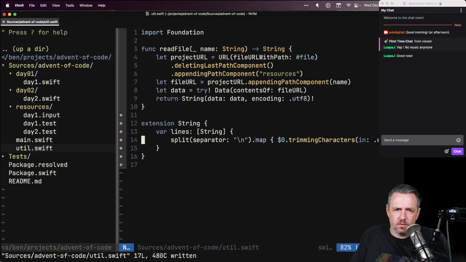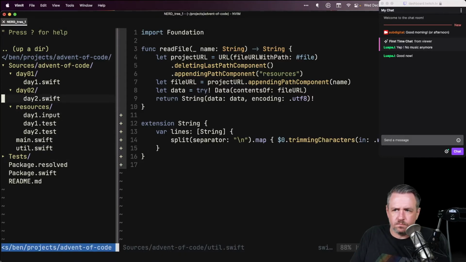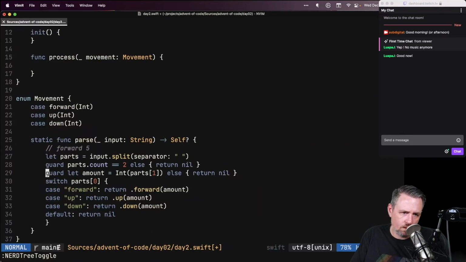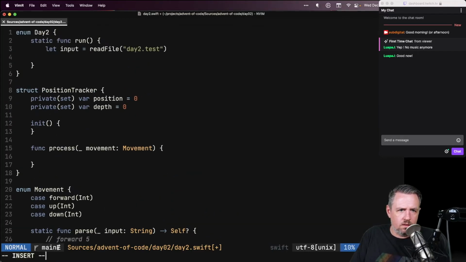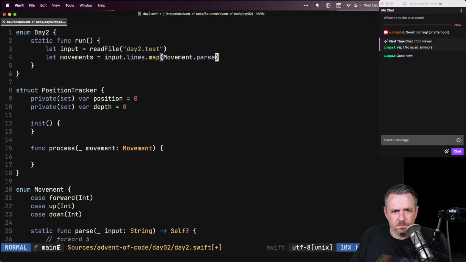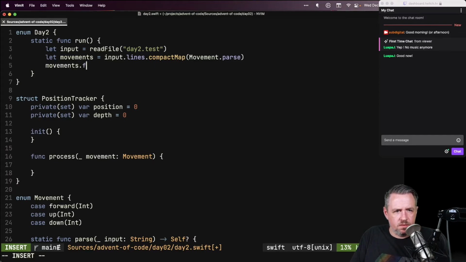at this point, let's go back to day 2. And then I want to be able to say let input. So then movements is input.lines.map. And then we can say movement.parse. And because that can return nil, we want compact map, so we get only the movements that were valid. And now I want to say movements.forEach,